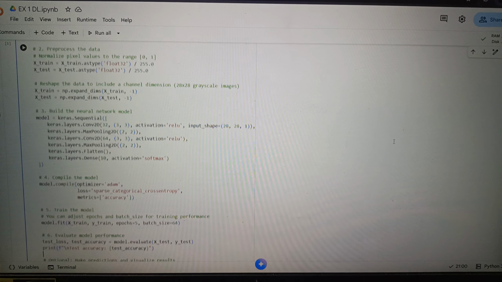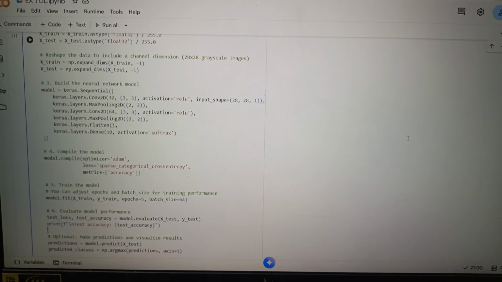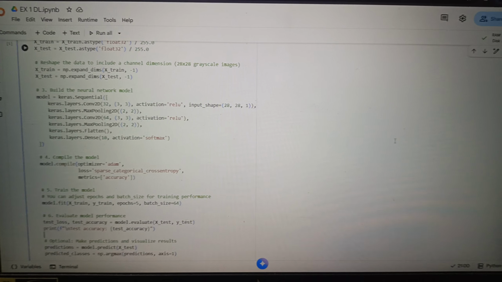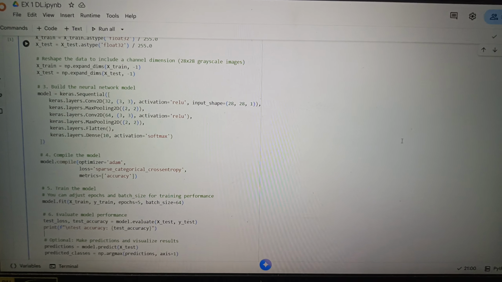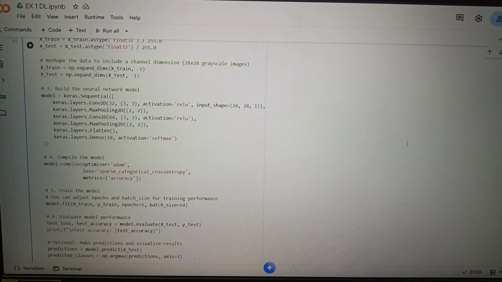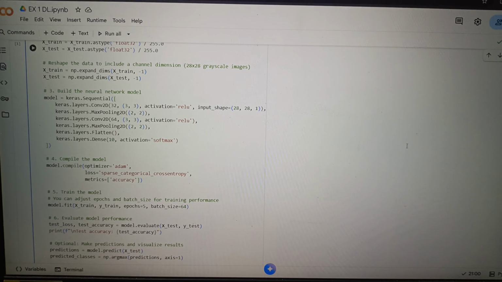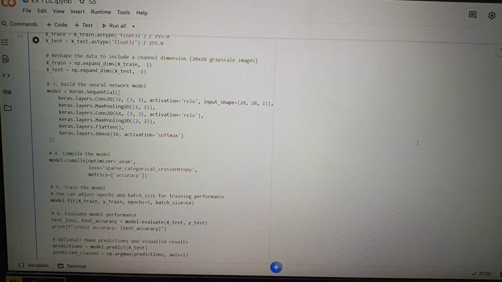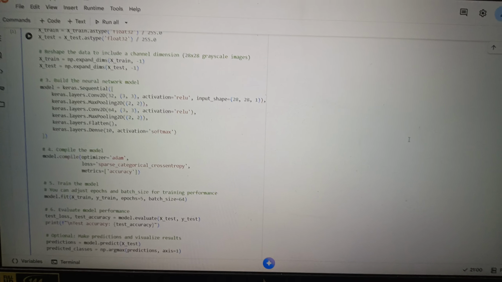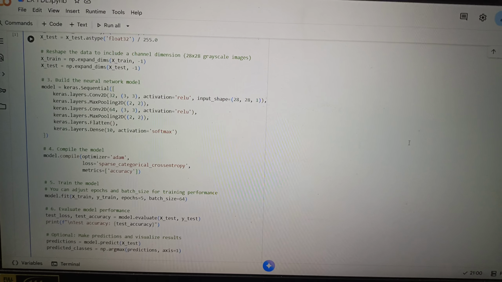and a max pooling layer of 2x2 again, and flatten layer, which flattens its dimension to 1 and which passes the output to the dense layer with the activation function of softmax. Softmax gets the input and changes it to a probability distribution, and the next step is to compile the model